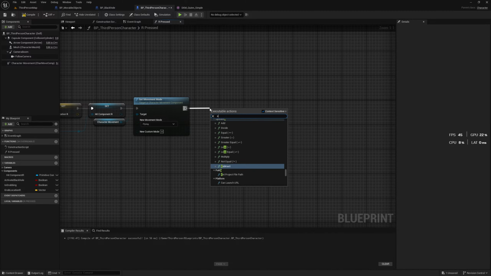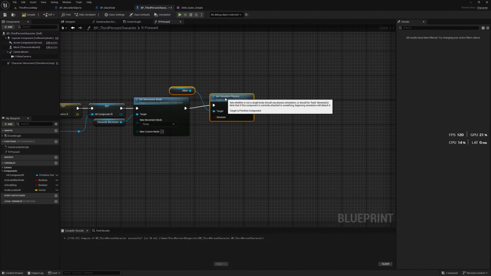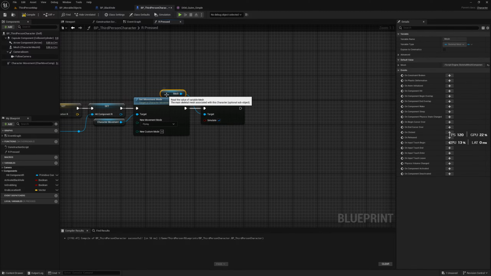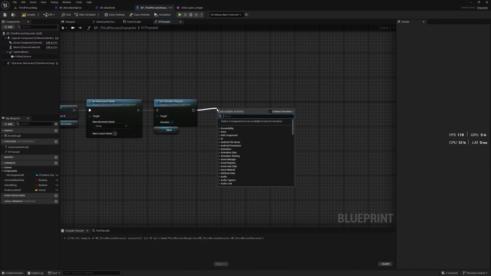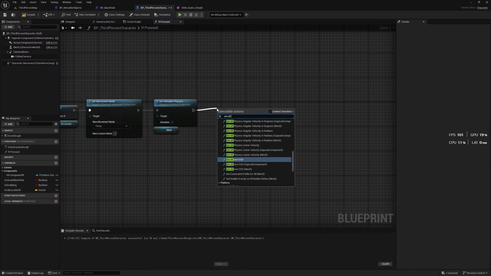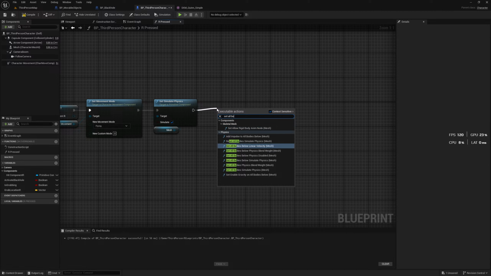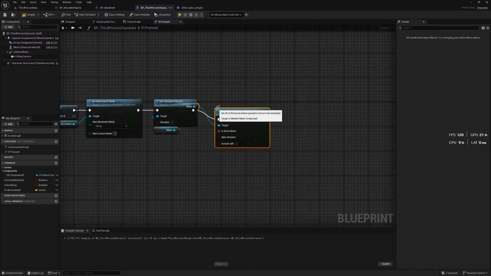Next, add the set simulate physics of the mesh and check the simulate button. From there, we're gonna set all bodies below simulate physics. All bodies below simulate physics for the mesh,